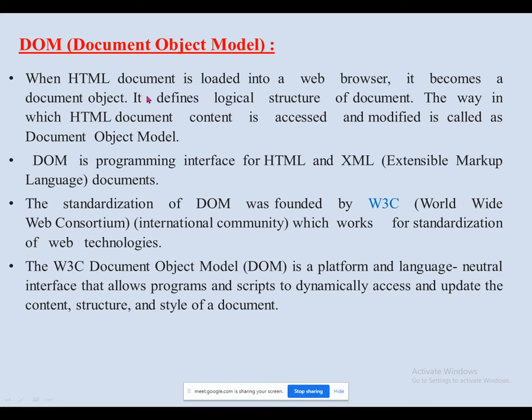Did you understand? So a little bit is making sense here. So document object model, the long form is very important here. DOM stands for document object model. With the help of DOM you can access and modify your document, whichever you want to display on the web page. Okay? Web browser. DOM is a programming interface for HTML and XML. Okay, see here it's very clear. DOM is a programming interface. Programming interface means what?